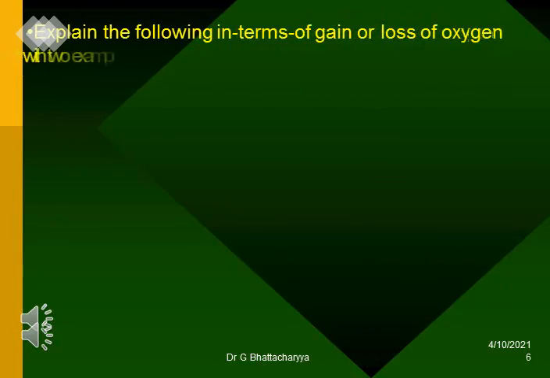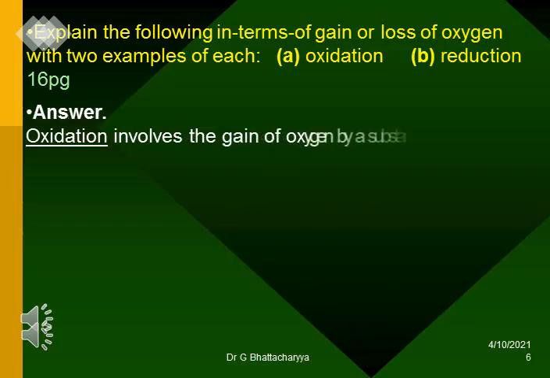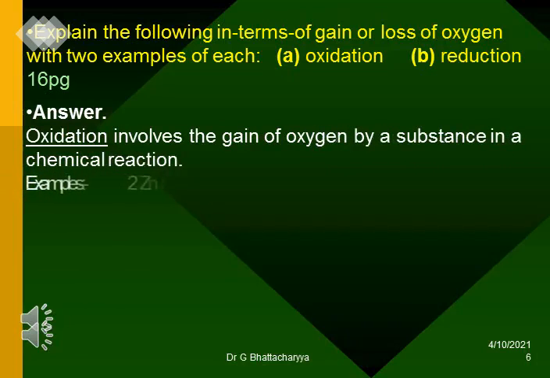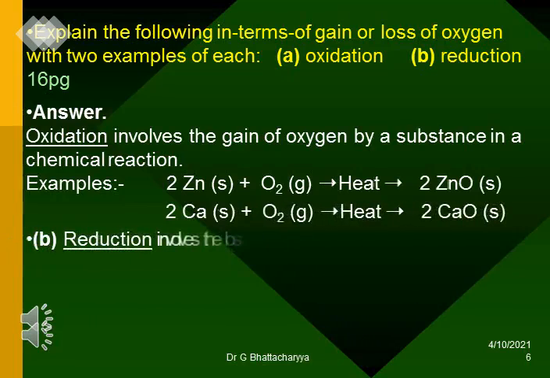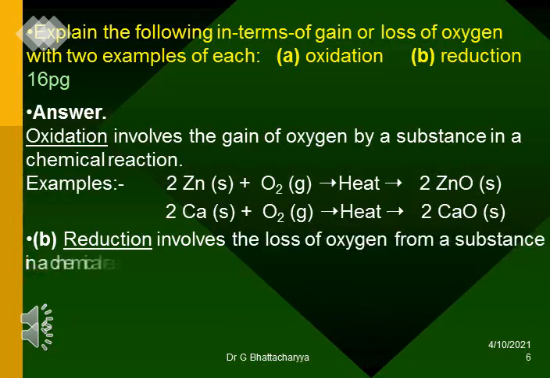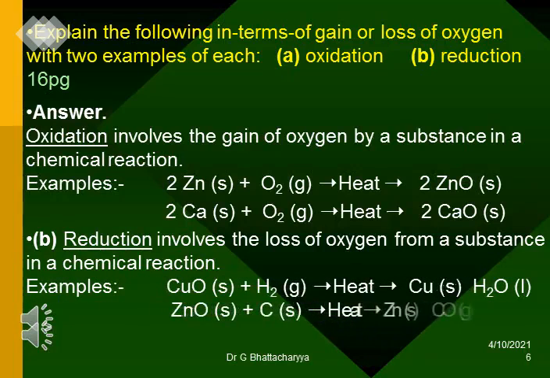Explain the following in terms of gain or loss of oxygen with two examples of each. A. Oxidation. B. Reduction. Oxidation involves the gain of oxygen by a substance in a chemical reaction. Examples: 2Zn solid plus O2 gas, heat, 2ZnO solid; 2Ca solid plus O2 gas, heat, 2CaO solid. B. Reduction involves the loss of oxygen from a substance in a chemical reaction. Examples: CuO solid plus H2 gas, heat, Cu solid plus H2O(l); ZnO solid plus C solid, heat, Zn solid plus